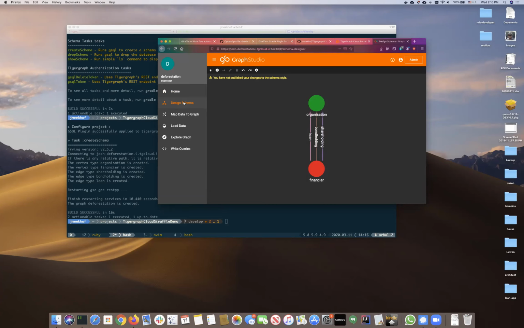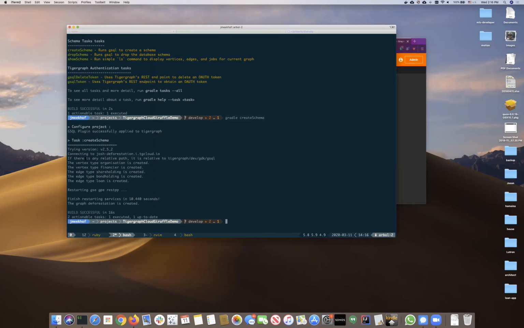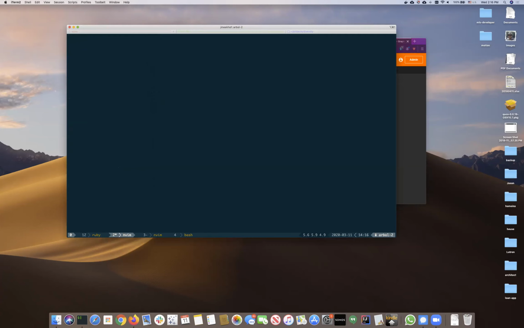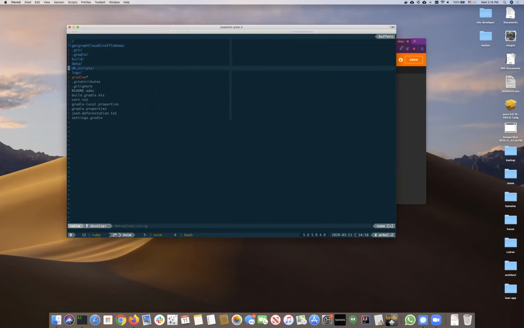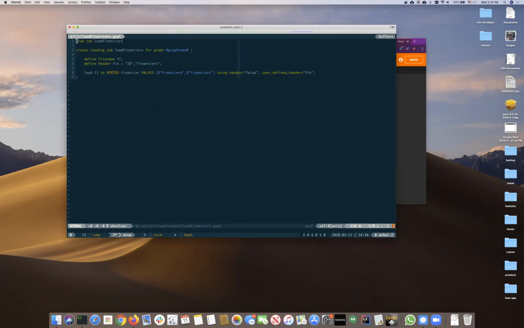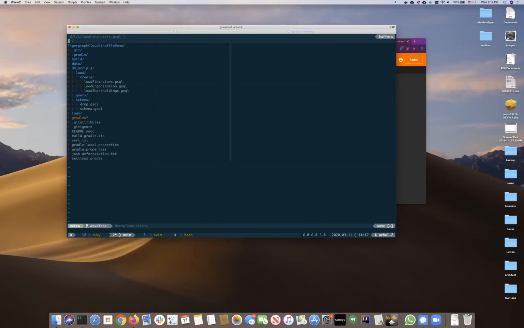So of course, the schema is not very interesting without any data to look at. So I'm going to show you in our DB scripts, I have a load section, and I actually have 3 different load files. And if you guys have played with load files, this is obviously a fairly simple one, but I think it gets us down the path where we need to be. So I have 3 different load files, and then if we go back to our build file,